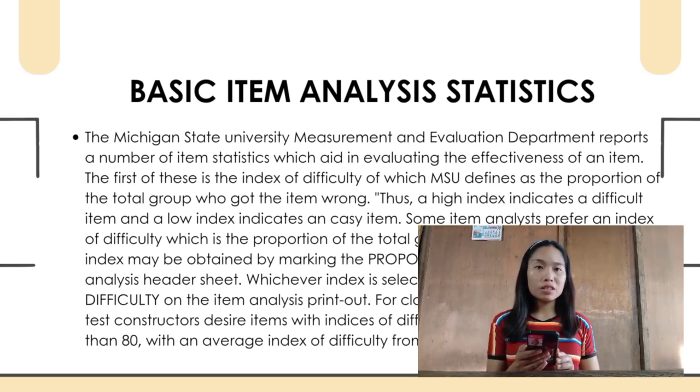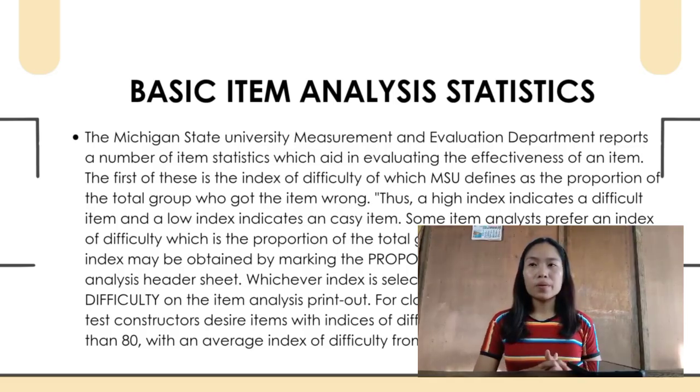For a classroom achievement test, most test constructors desire items with indices of difficulty no lower than 20 nor higher than 80, with an average index of difficulty from 30 or 40 to a maximum of 60. Now, basic analysis statistics will be used to evaluate the quality of